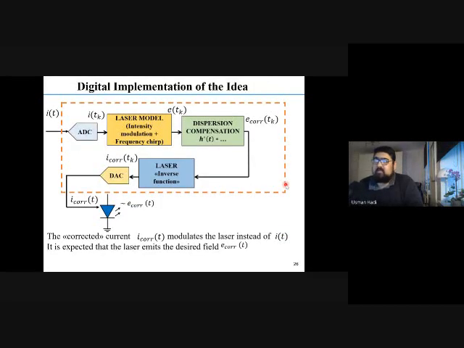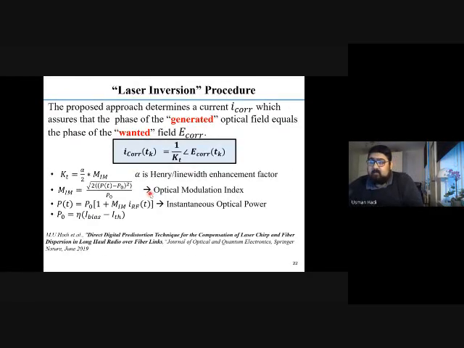So this is actually easier to see in the digital implementation of the idea. You have an I of t, you have the sampling, you have the field, then you find the correct field, you have the correction of the current that goes inside the laser, and then this laser inversion, when you excite it, at the laser output, you expect that the correct field will be emitted. So basically, this is a laser inversion procedure that you're looking for,